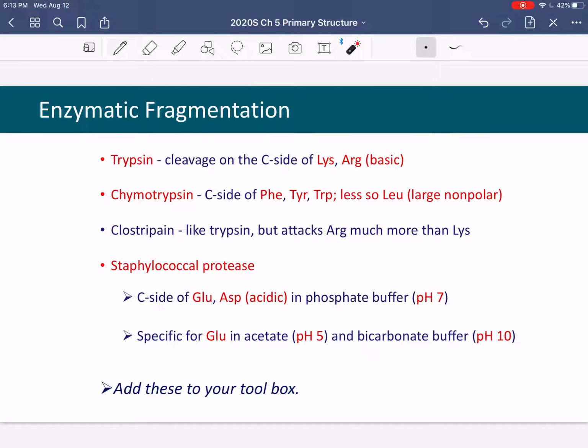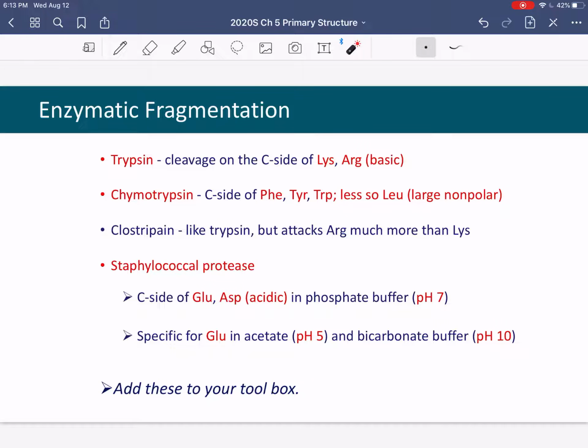Well, all the rest of these cleave after the amino acid. Okay, so that's going to be true for all of these. All of them cleave on the C-terminal side. Trypsin is specific for basic amino acids, aiding the addition of water on the peptide bond following